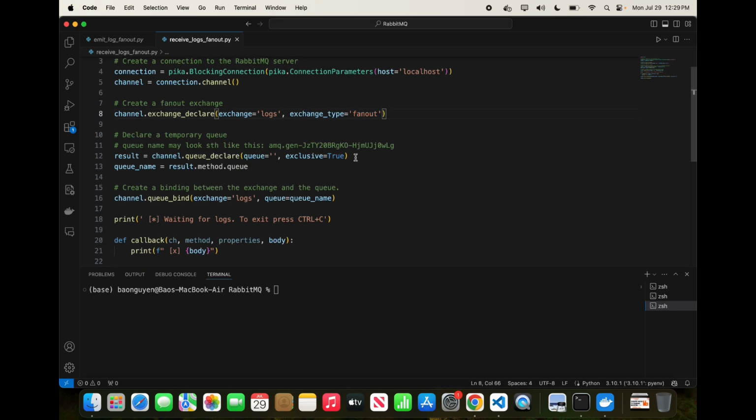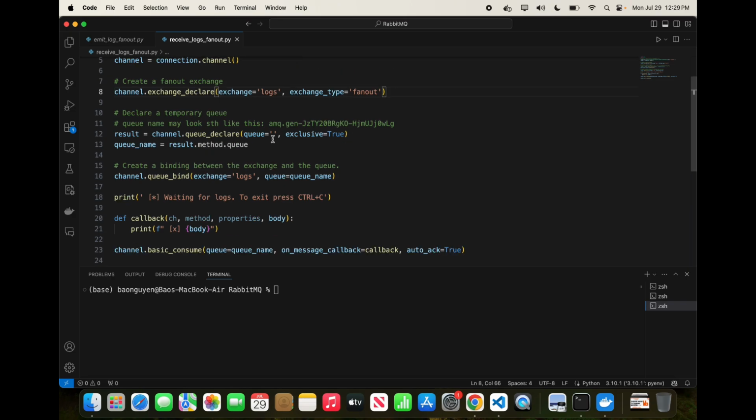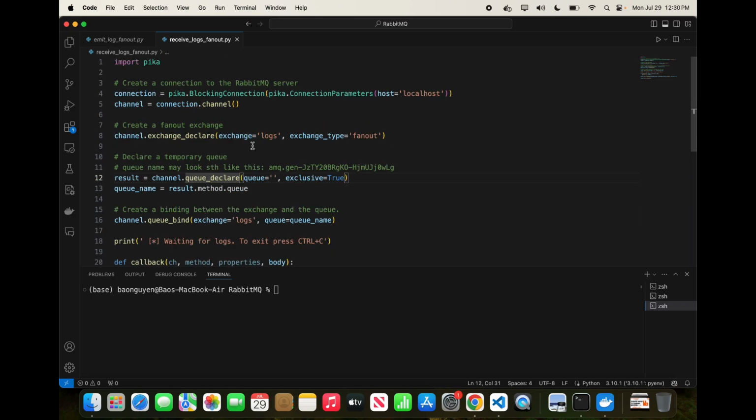After that, I'm gonna create a temporary queue for each consumer. If you don't provide the name of the queue when you declare the queue, RabbitMQ will automatically create a new queue for you, and the name of the queue will look something like this. And we provide exclusive true. That means this is a temporary queue. That means when we cancel the consumer, the queue will be lost. And to access the name of the queue, we can run